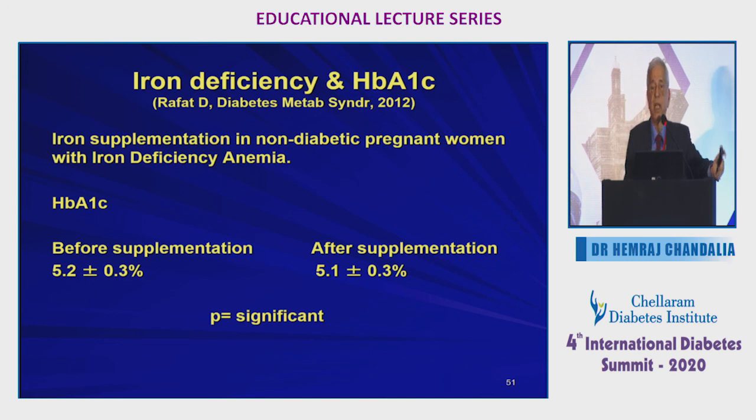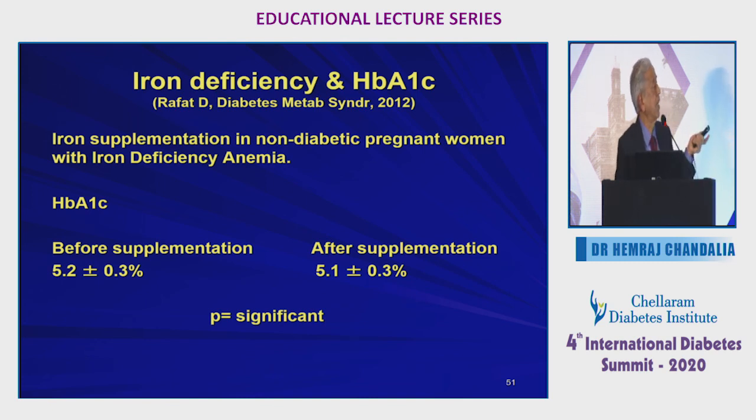Remember that in stable anemia, A1C doesn't change. So hemoglobin is 10 and remains 10. There's no treatment going on, your A1C is correct. But when you're treating, the erythrokinetic change, the rapid hemopoiesis, younger RBCs are added, which would not have witnessed the same degree of hyperglycemia, so the overall reading is low.